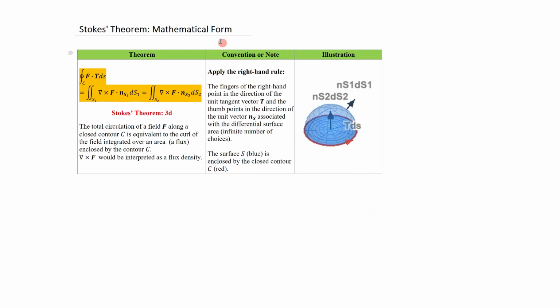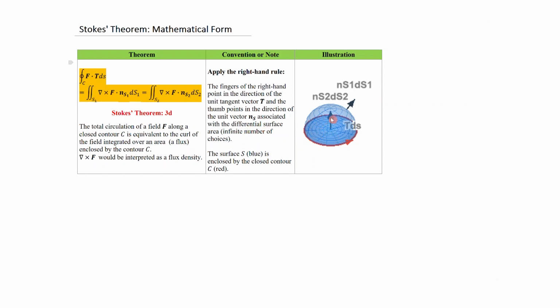All right, what about Stokes' theorem in mathematical form? This is the 3D case. And so now we basically look at mathematically the relationships, again, making use of the diagrams I just showed earlier. So this is essentially the relationship. It says if you take some arbitrary vector field, dot product at every point on this contour with the differential tangent vector, and integrate around that closed contour, that's equivalent to taking the curl of the vector